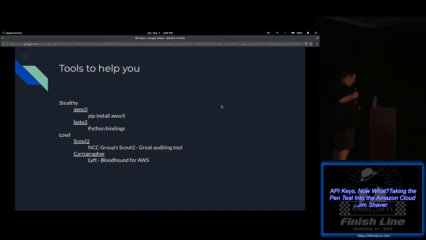It's a good starting block. And then Cartographer is from the people at Lyft. Released a couple of months ago. I've talked to lots of AWS people, and they've never even heard of this thing, so I guess it's so new that it's new to a lot of people. But basically, if you're familiar with Bloodhound for the Windows world, Cartographer is basically Bloodhound for AWS. So you can do queries and have nice, pretty circles that connect to each other and that type of thing. And we'll take a look at what that looks like as well.